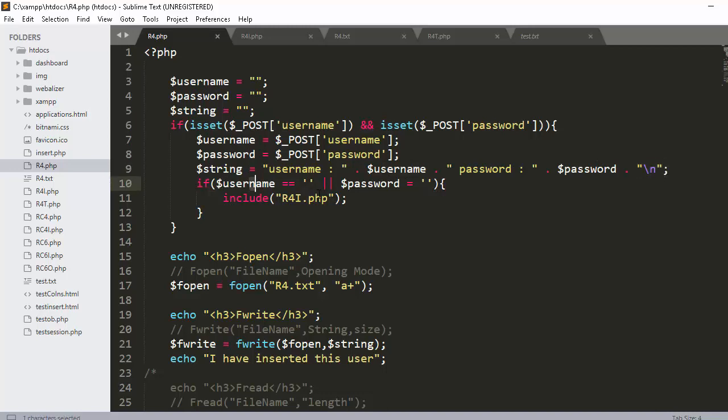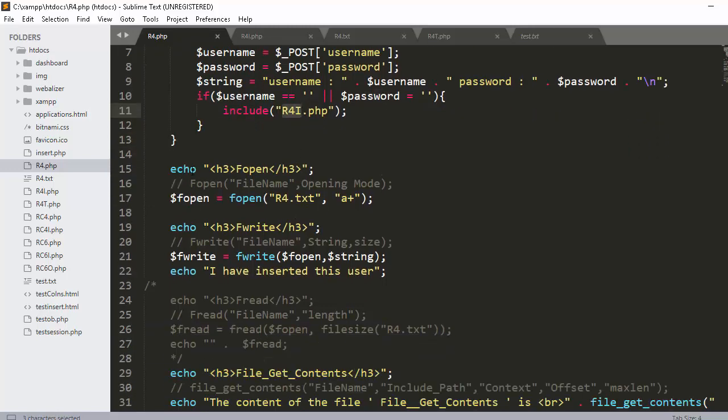If the username or password is empty, I will include r4i.php. Then I will use the fopen function and store the result in the $fopen variable, and I will open the r4.txt file with the A plus